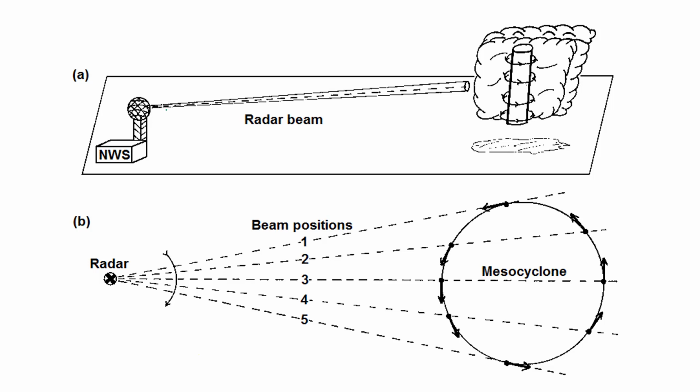Now with that said, there are some problems with this. The only thing that it can actually tell us is if the raindrop is blowing towards the radar or away from the radar. It can't actually give us any other horizontal movement. So let me explain what I mean by that. So over here we have a radar, and we have 5 different beam positions. And the way it works is that any location where the wind is directly blowing towards the radar, like right here,